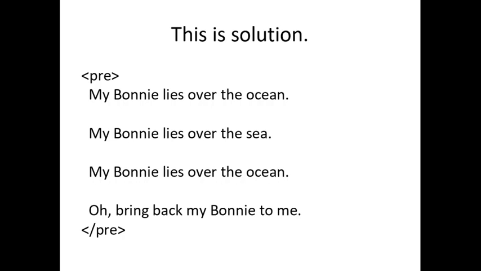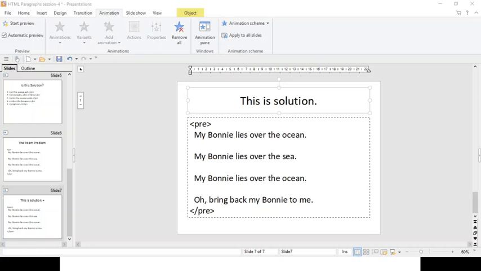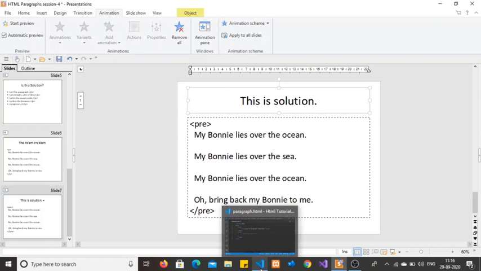So this is something about the paragraph and its formatting. If we want to write text in multiple lines and in whatever format you are applying, then we will use this pre tag. Otherwise, inside the p tag, all the white space and new lines will be removed by the browser. Okay, let's move to the coding section.